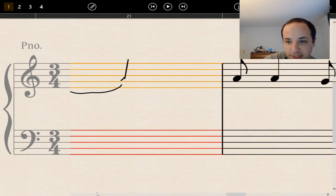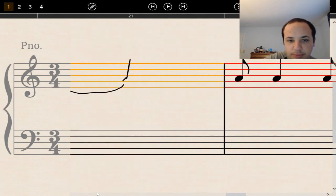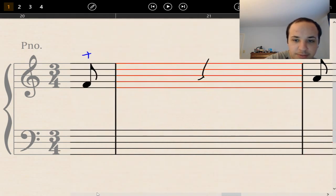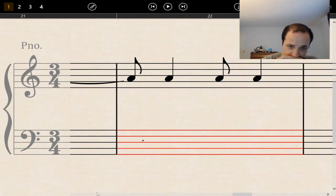I don't know how it's going to like that. Ooh, it did. Okay. Oh, it did not like this one. Oh, it didn't even like that first one. There we go. All right. Now we're all set. Now I can change it a little bit. Here we go. All right. So